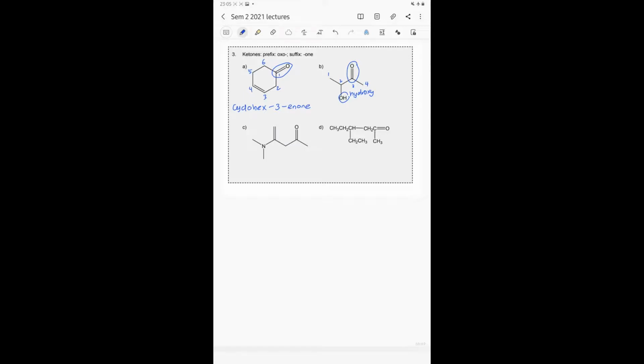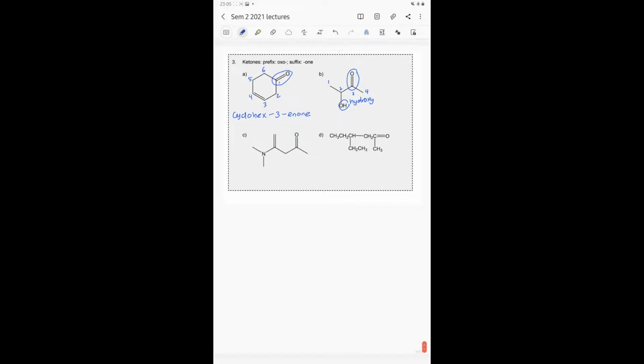OH is at carbon number 2, and the double bond is at carbon number 3. So what is the name? Substituent first, so it will be 3-hydroxy butan,